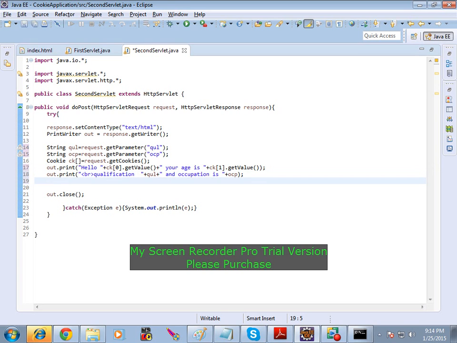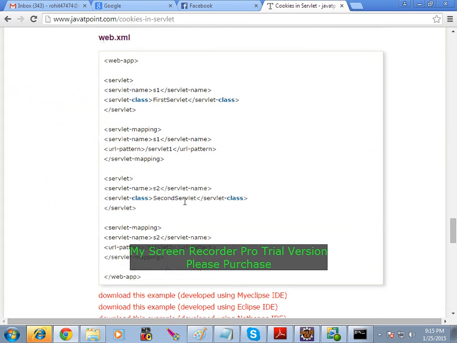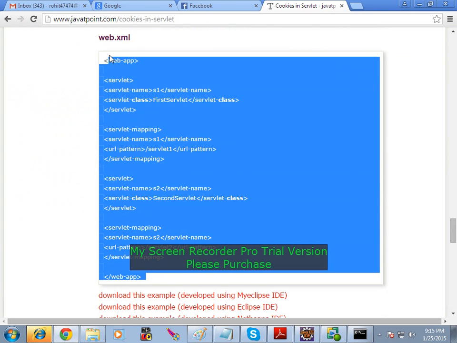That's it. Anything else is there? No, right? Save this part. So we are getting the QL OCP from the HTML, and the two cookies are nothing but CK0 and CK1. If you want, you can write the for loop also, right? Now we have to write the web.xml. So copy the thing, everything, copy it.